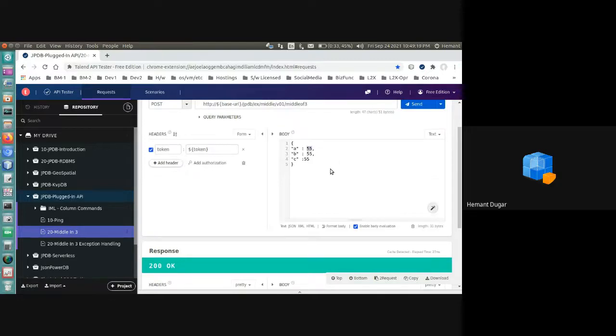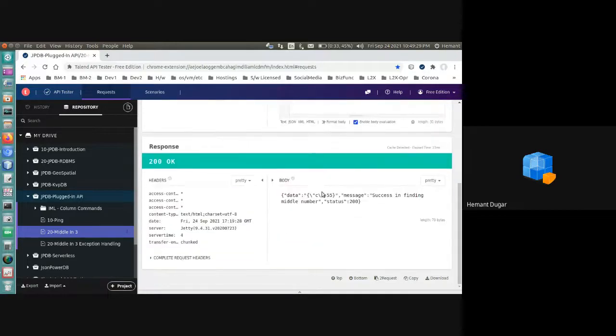Now I make it three different. Now if you see, 55 is the middle number and that is C. C, data, C55, message success in finding middle number.